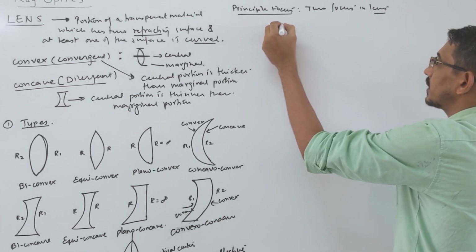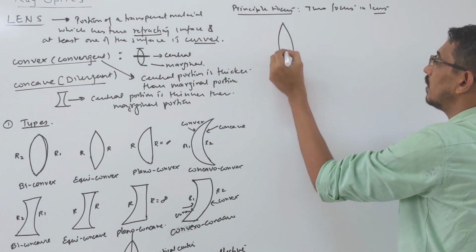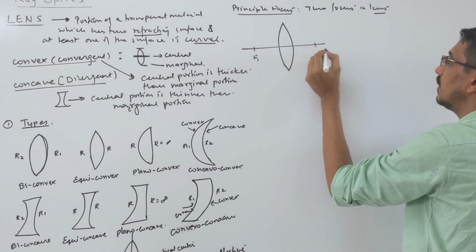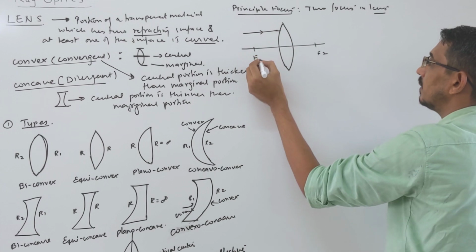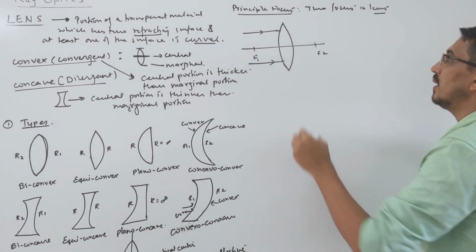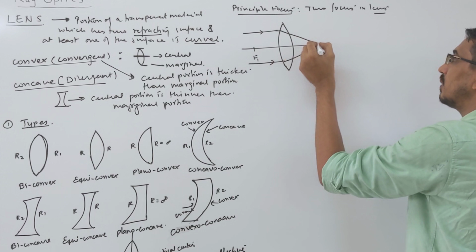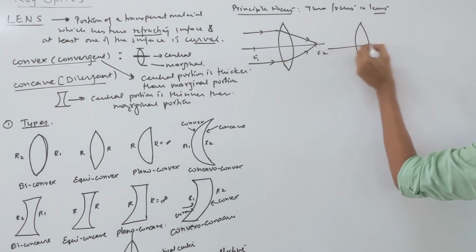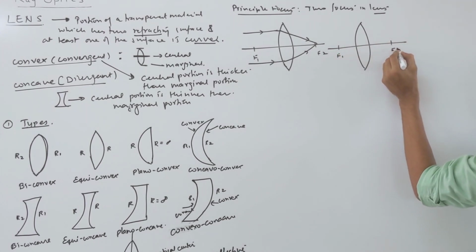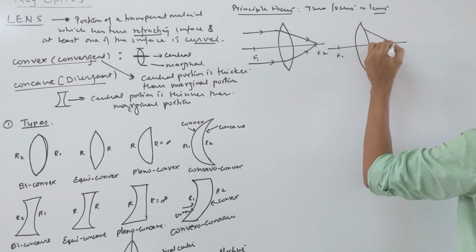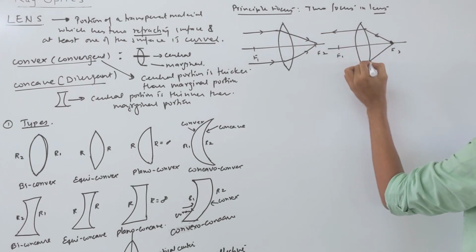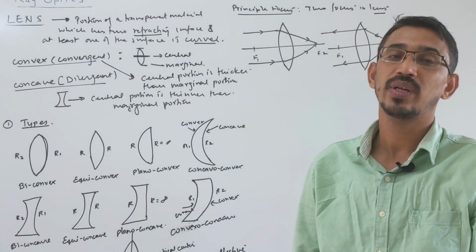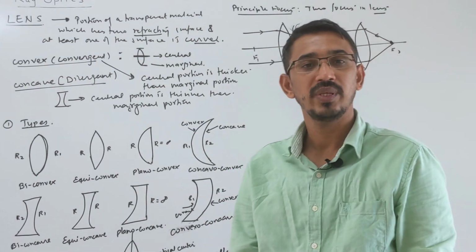Okay, suppose, let's continue this. Suppose here we have focus f1, this is focus f2. So suppose rays come parallel like that, parallel to your principal axis. Obviously after refraction they will meet here, right? Or the opposite: this is your f1, that's your f2. Suppose you put an object here, then rays will go like that way, and after refraction that becomes parallel. It's just the opposite of that picture. So we always have two focus in the case of a lens. Same we can do for our concave lens also, the meaning will remain exactly the same.